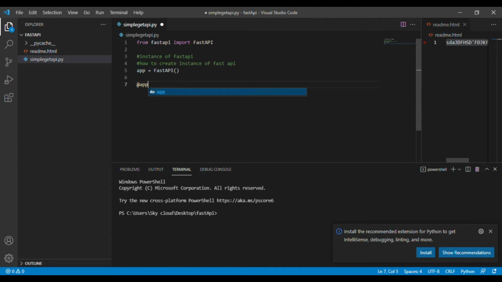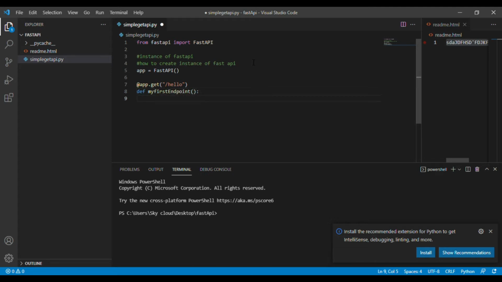Here we have a notation: we write app.get, and after that we specify our endpoint. Right now I'm starting a hello endpoint here, slash hello, and defining my own function, my first endpoint.